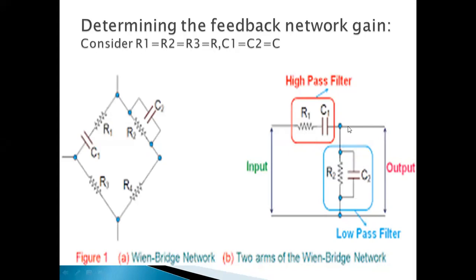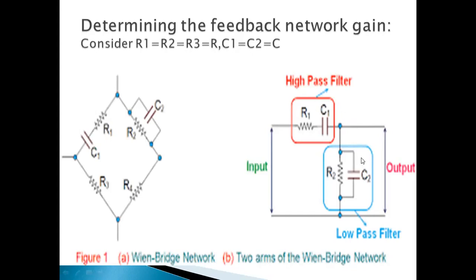So what is the voltage divider rule? If we have an initial voltage V1, a middle voltage V2, and the voltage is divided between two resistances or impedances like R1 and R2, then the middle voltage V2 is equal to the initial voltage V1 into the opposite resistance R2 by the total resistance, that is R1 plus R2. We know the voltage divider rule, so just apply that rule for this case also. Here the initial voltage is V naught of S and the middle voltage is VF of S.